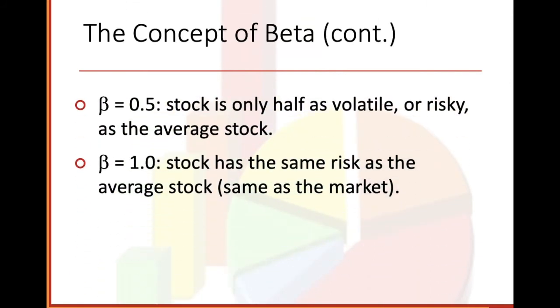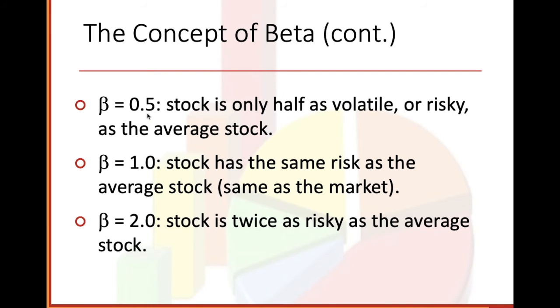With a beta of 0.5, the stock is only half as volatile or risky as the average stock. A beta of 1, the stock has the same risk as the average stock, same as the market. A beta of 2.0, the stock is twice as risky as the average stock. Okay,